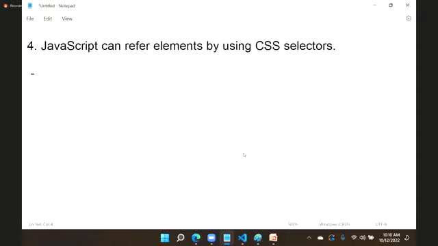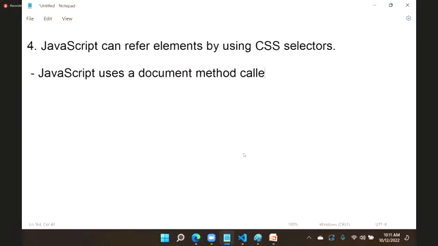In that, I want to access the second span. Then we can use the nth element selector. I want the first one, we can access first child. Right? That means CSS selectors allow you to go to any location easily, and JavaScript can take help of them. For that, JavaScript uses a document method